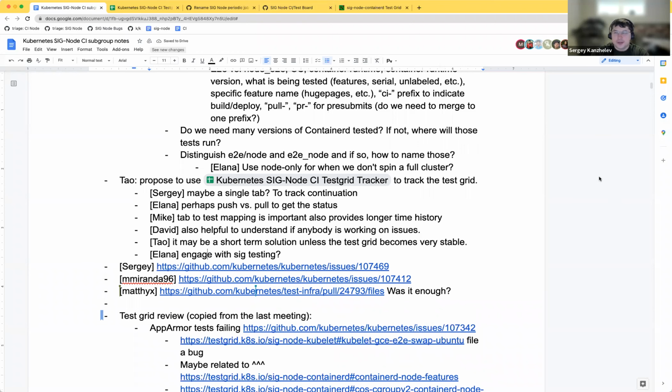I think so. There is a reliability working group that Wojtek is driving, and it has a document describing all the improvements we may make across test grid to help us. Mapping of issues to test grid, plus creating issues automatically, is one of the ideas they pursued. I think somebody started working on that, I believe somebody from Intel, but then they stopped. Ideally it should be integrated into test grid. I know test grid has these capabilities. It's just not necessarily integrated with GitHub.